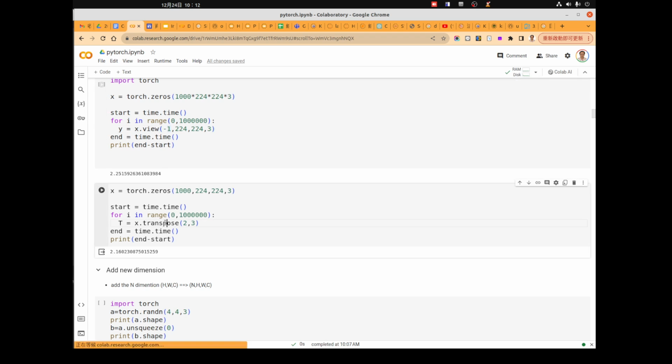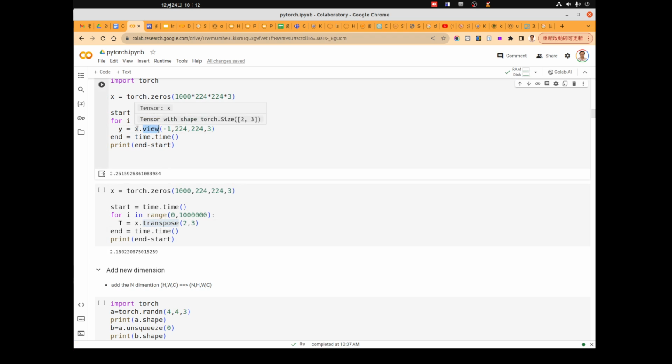Okay, the same for the transpose. For those types of transpose or reshape functions, you just set some property of the tensor instead of doing anything else. For the view, you just set an array which tells the tensor it has 4 dimensions and the size of each dimension. So this is just equal to setting a property which is an array of 4 elements, so it should not take too much time.